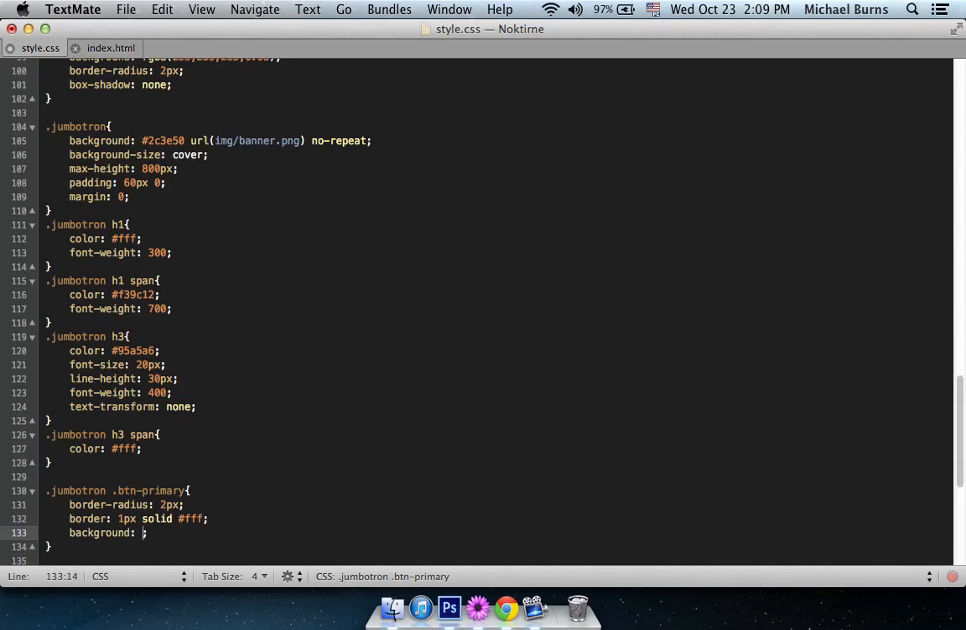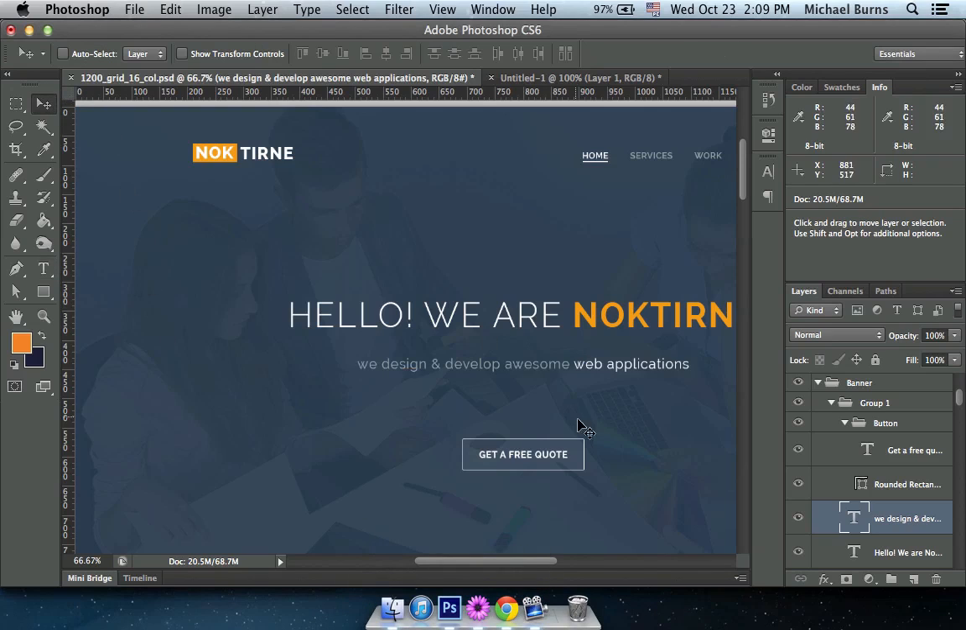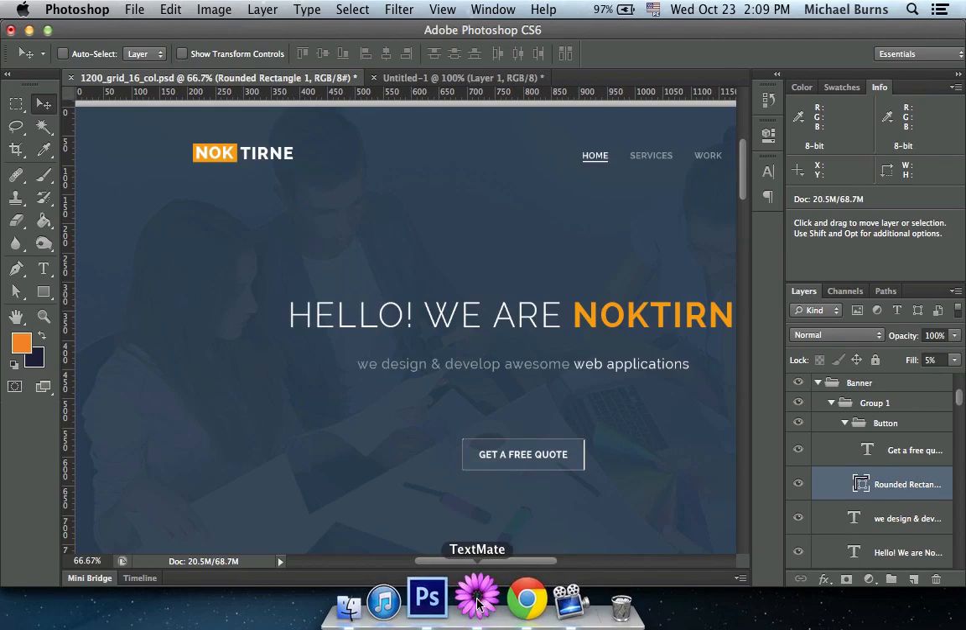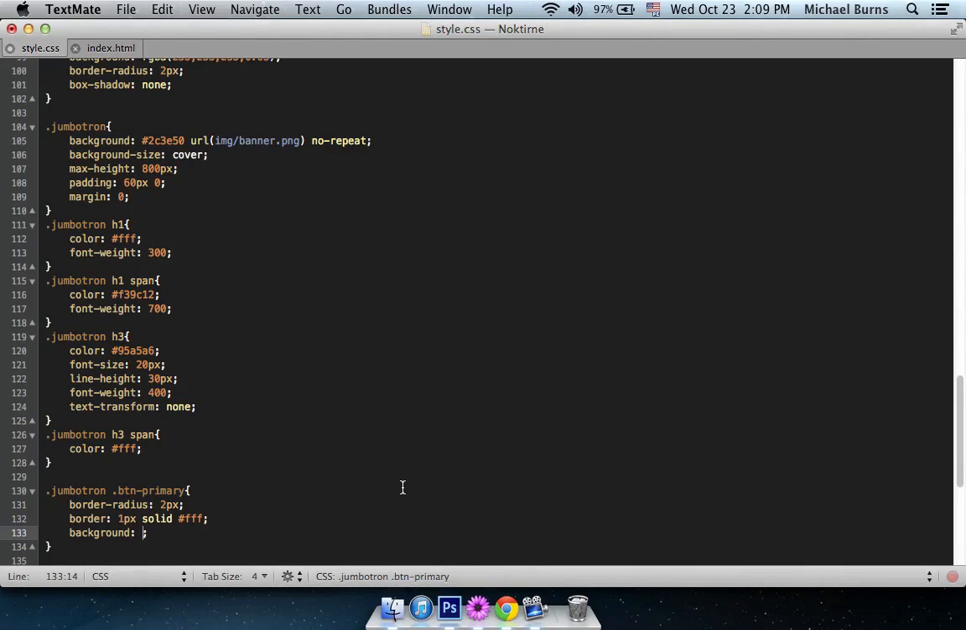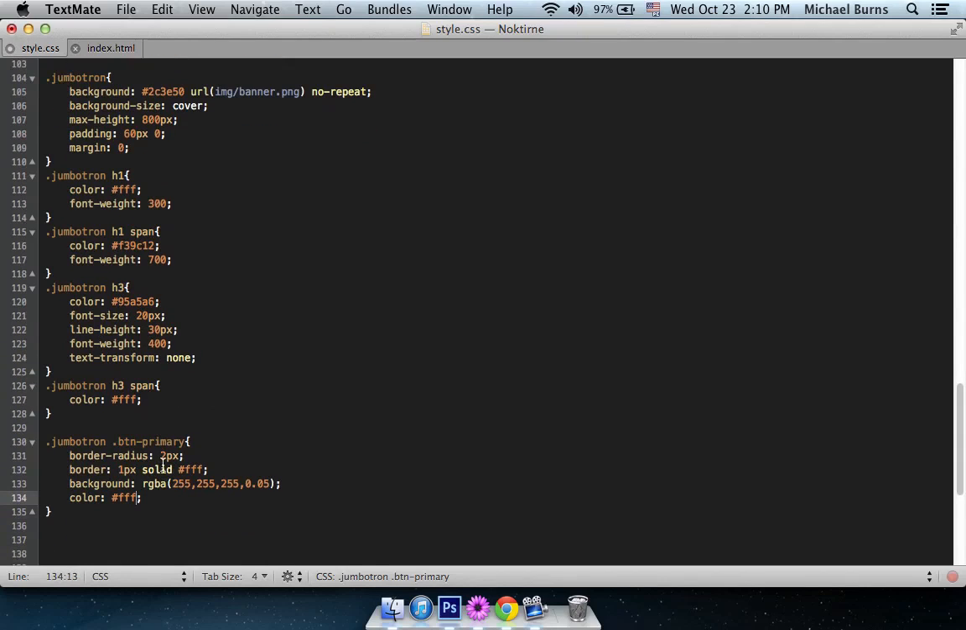And the background for this, as you can see, it has a fill of 5%. So background RGBA 255 for white, and 0.05 to make it transparent. Of course the color will be white. And text transform uppercase,